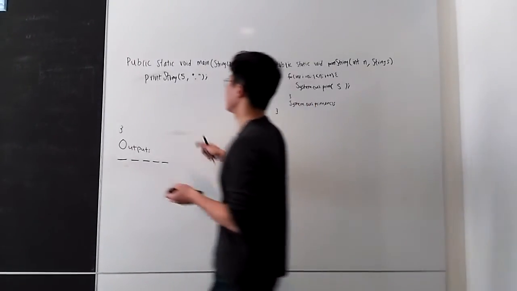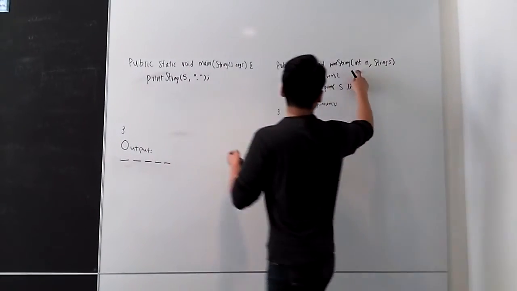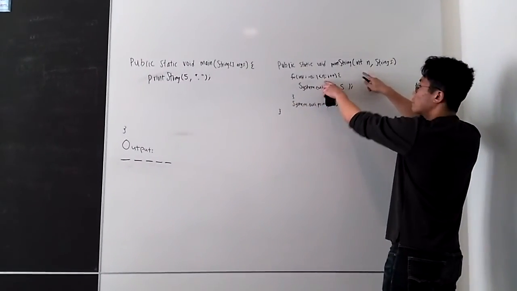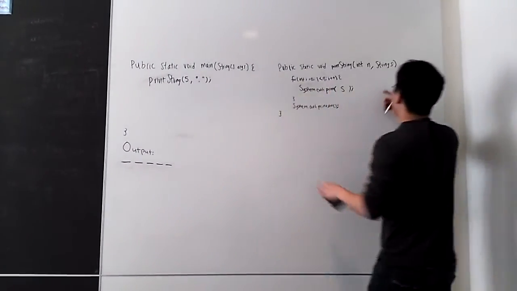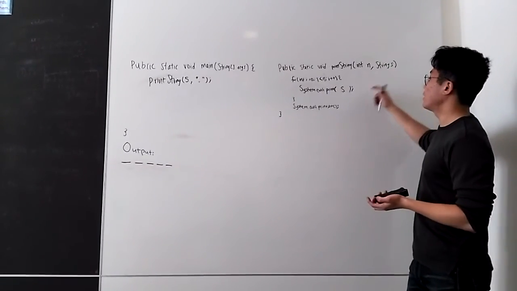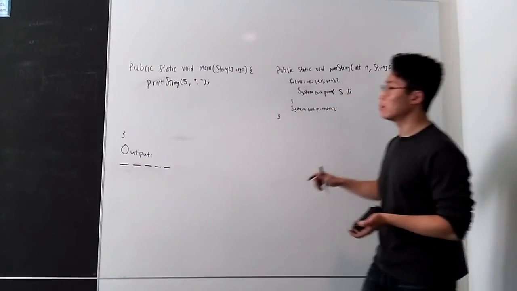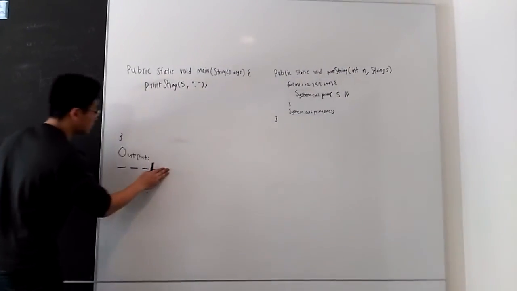So in this case, print string 5, dot: n is 5 right here, and then dot is going to be my s right here in my parameter, and then since it prints s, instead of 5 dashes, now it's going to print out